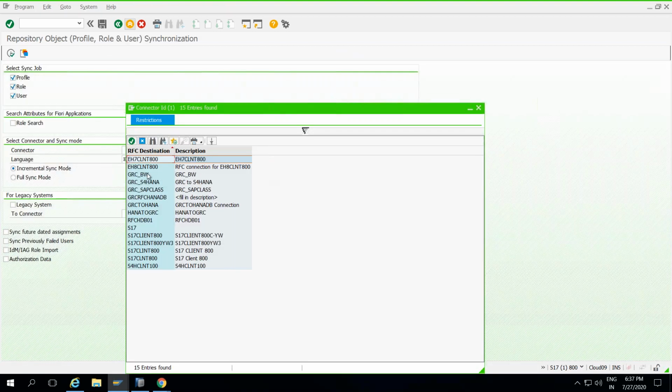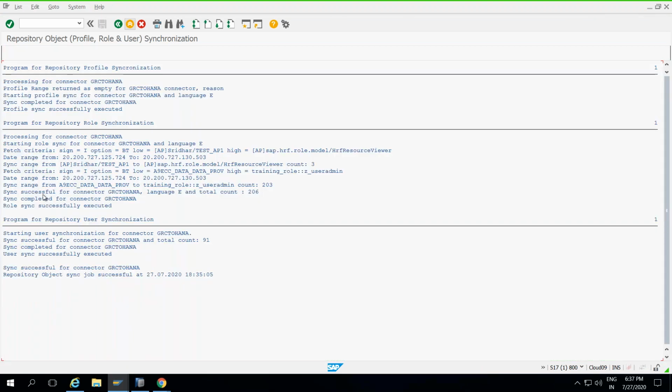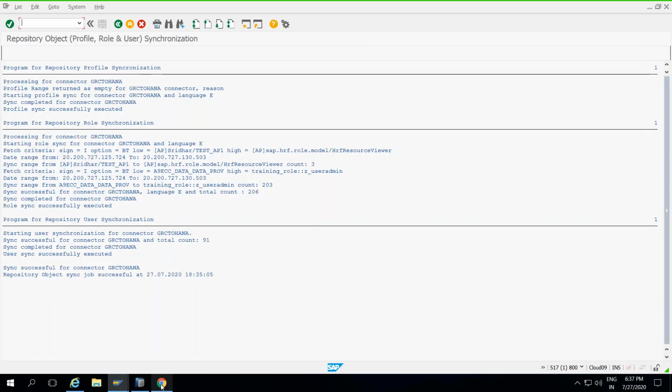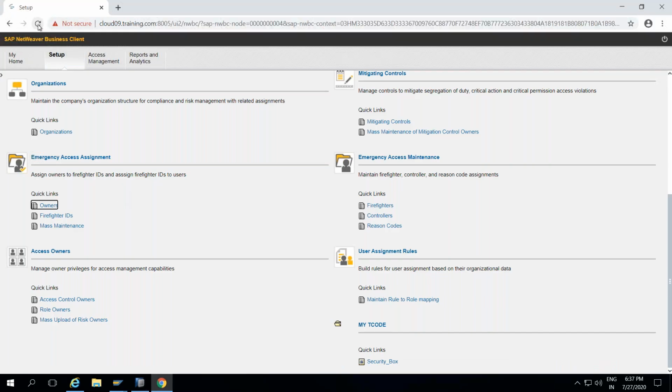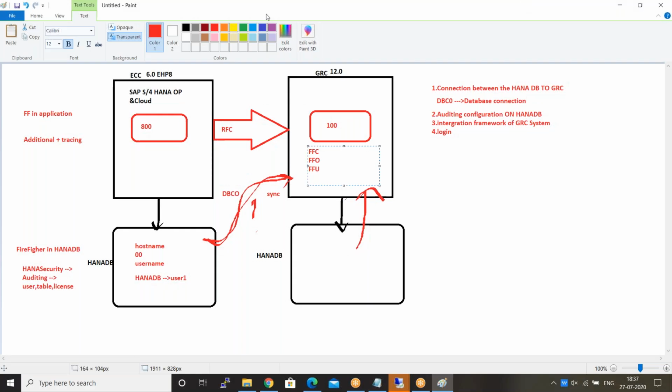Previously the connection was GRC to HANA. Let's do the synchronization. If the user is not coming, you can just check whether the synchronization is affected or not. Again, come back to here, go for NWBC, just reload this. Okay, give me just 1 second here.